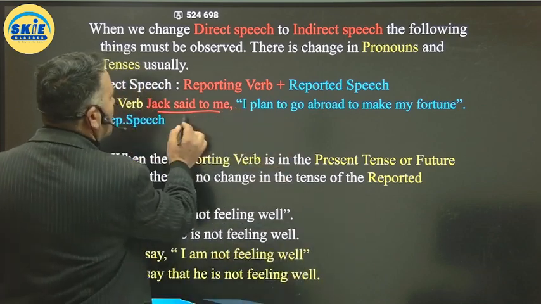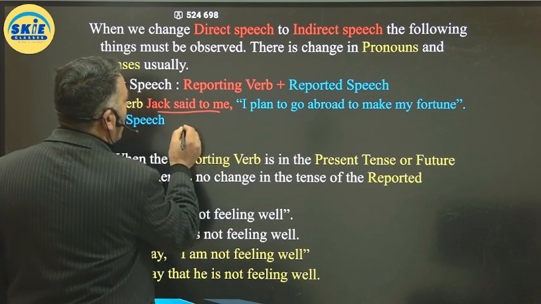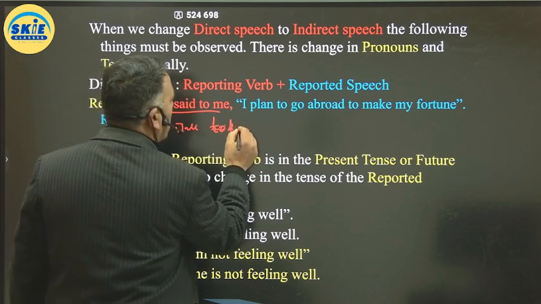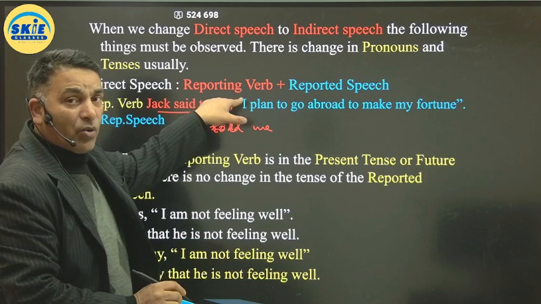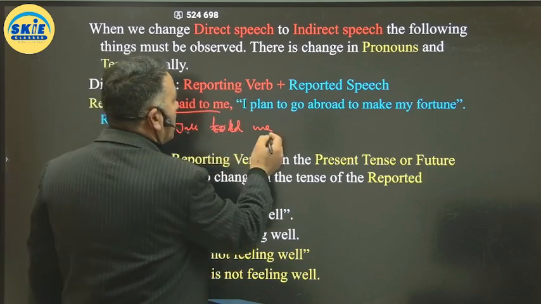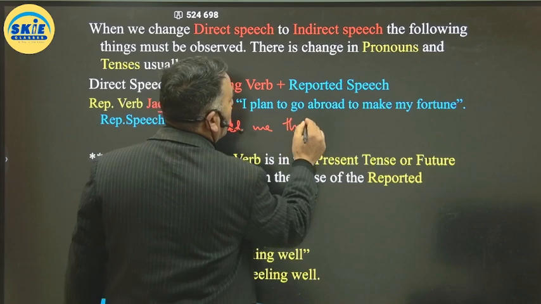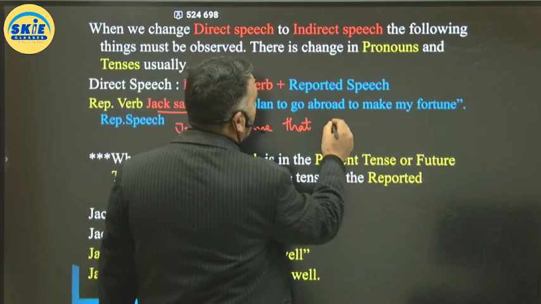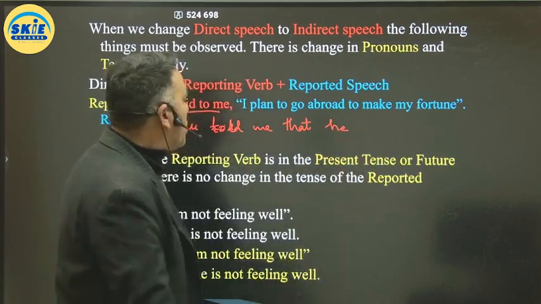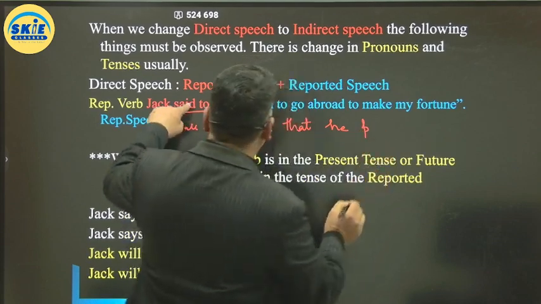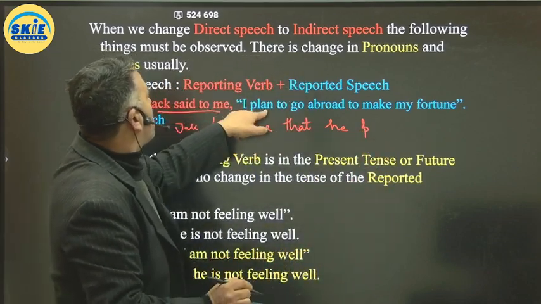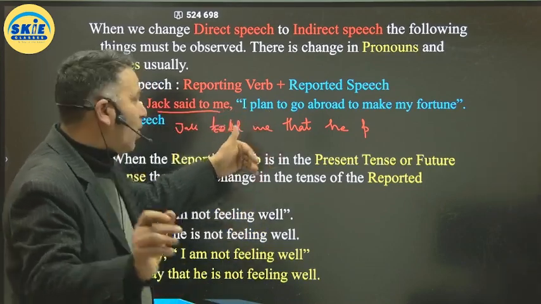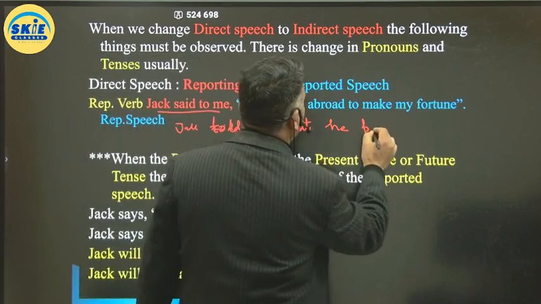Now if I change this sentence, I can put it this way: Jack said or told me. We can say told me. Now I is the pronoun here, and this pronoun will undergo a change. Told me that, you put this conjunction that there. Jack told me that he, in place of I, now he. He plans. Now since it is past tense, this present simple will have to go to past simple. I'll be telling you all that. So Jack told me that he planned